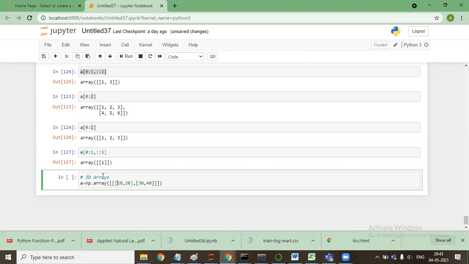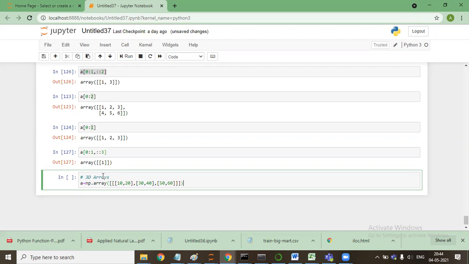It has three brackets: 10, 20, then 30, 40. Then it comes to say 50, 60.